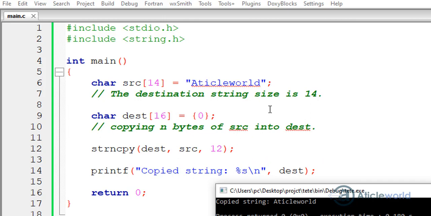So let's see the working concept of the string copy function using strncpy. Here I am going to create a source array and a destination array, and I am going to copy data from the source to the destination.